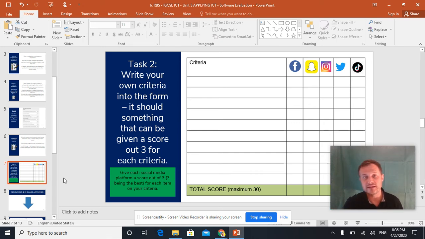So what you need to do is for each of those categories, you need to give them a score out of 3. So if it's how easy is it to share videos, TikTok might get a 3 because it's brilliant at sharing video, whereas I don't know, Instagram might get a 1 or a 2. Yeah.